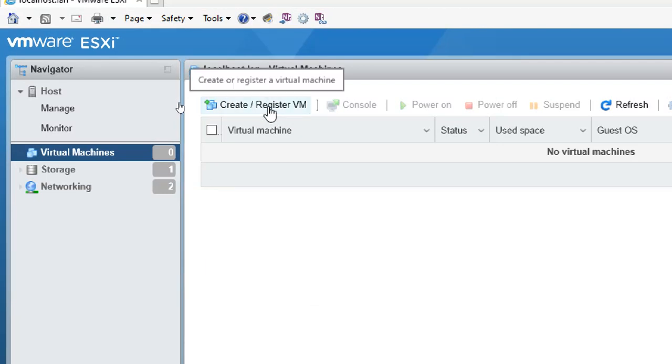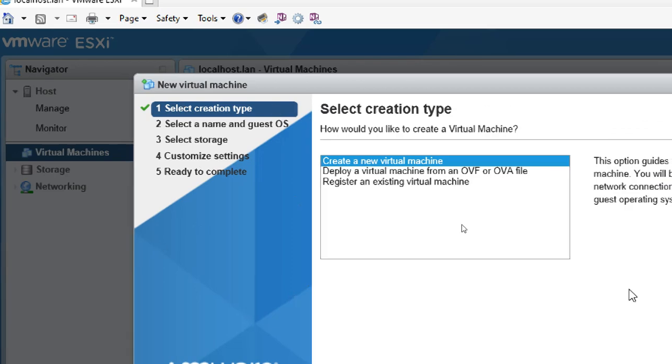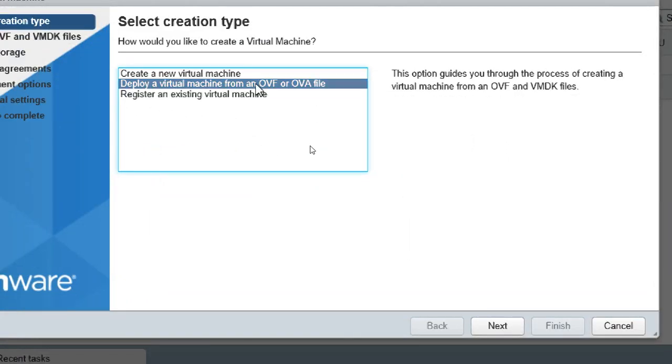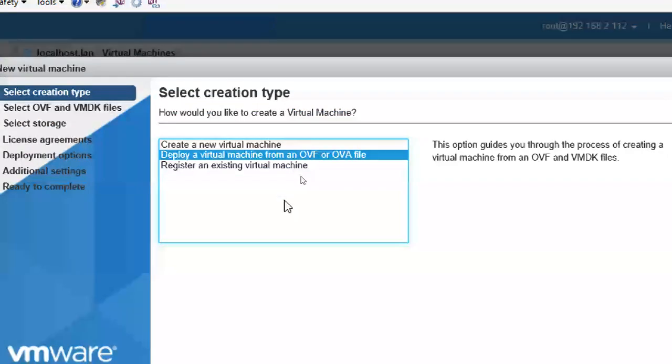Okay, create a virtual machine or register a virtual machine, which means you can register existing virtual machines. Create a new virtual machine. So you can see create a new virtual machine. Deploy a virtual machine from OVF or OVA, which means an already compressed version of a virtual machine.